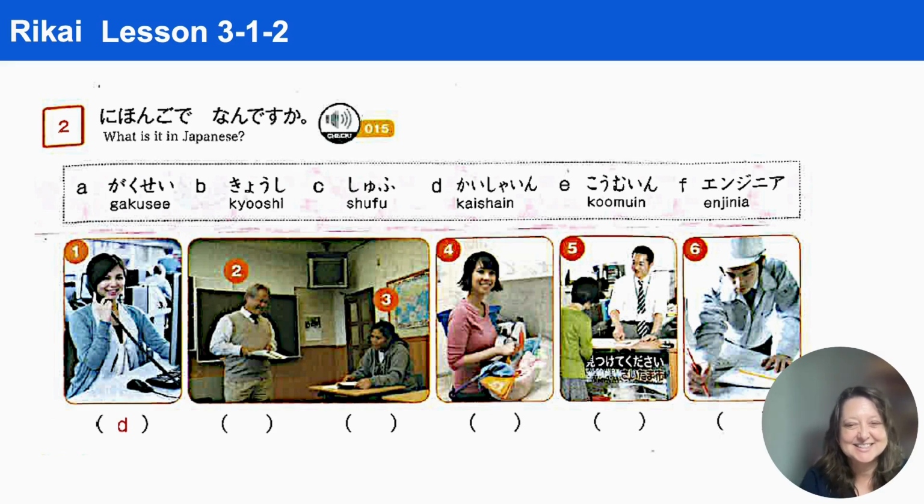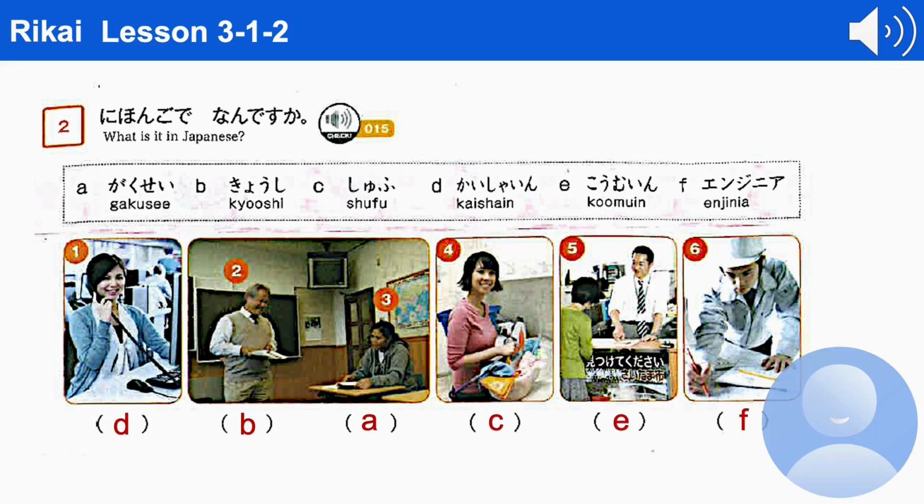Let's check your answers. 1、会社員。2、教師。3、学生。4、主婦。5、公務員。6、エンジニア。